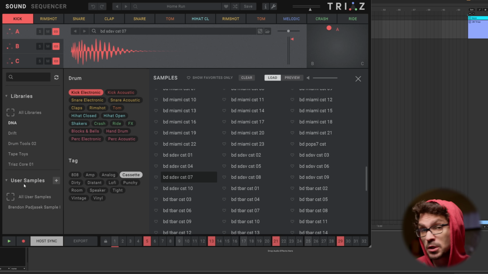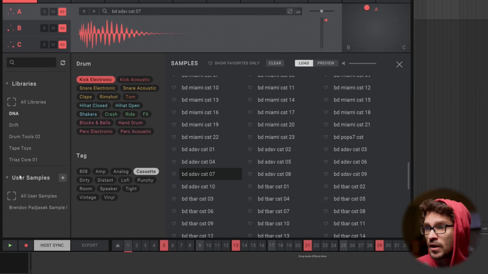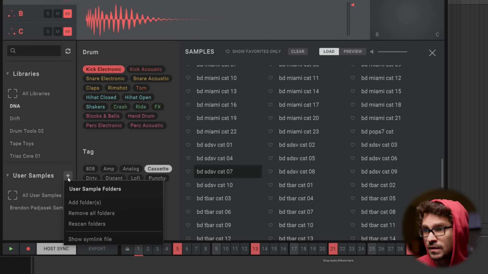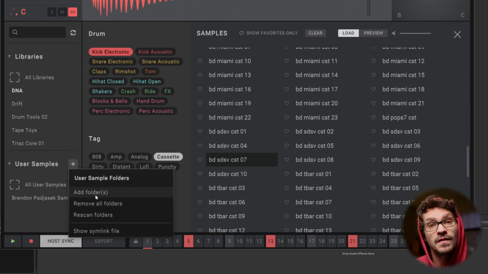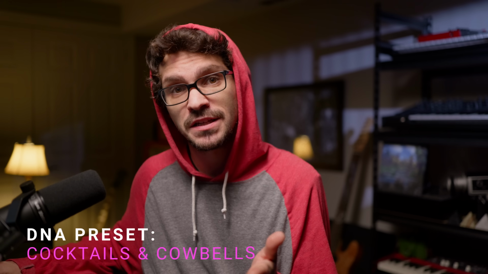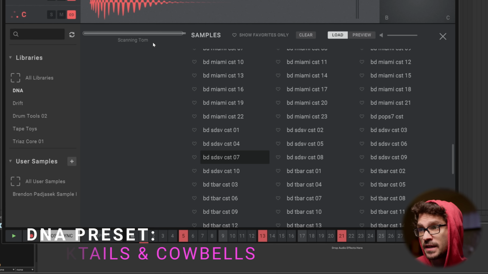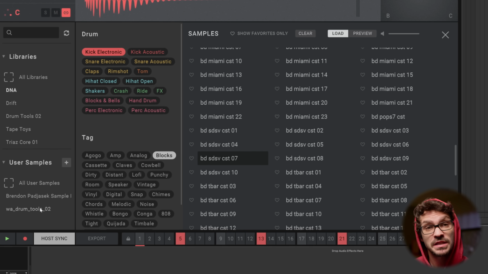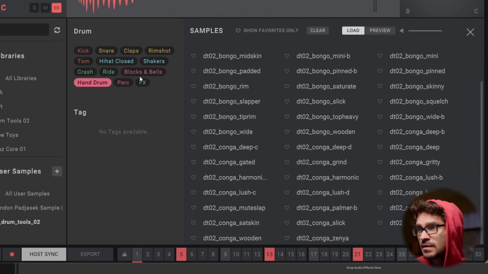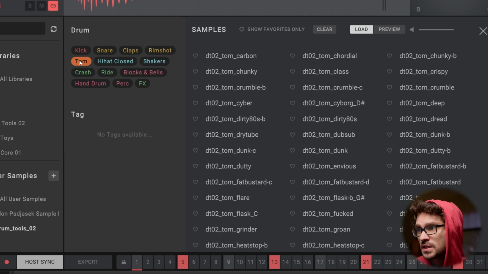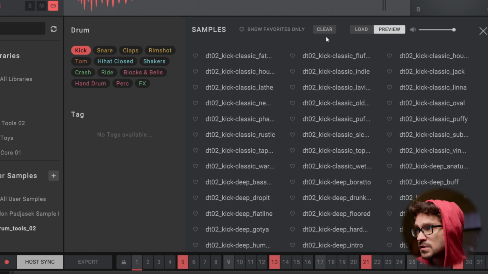Next up, we've improved the workflow for adding in your own sample packs. So now press B to go to our sample browser, and then under user samples over here, we can click the plus sign there and then click add folders. Right now I've selected our Drum Tools 02 sample pack, and you'll see it starts to scan and easily brings everything in, and you can see it even put it in the correct folders that it should be in. So kicks under kicks,